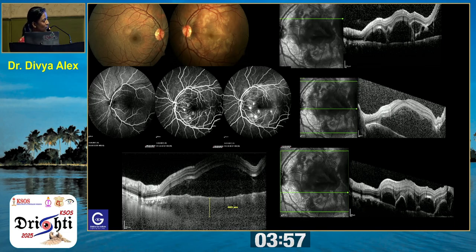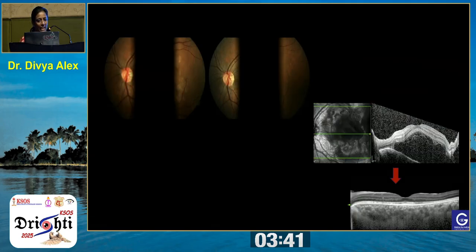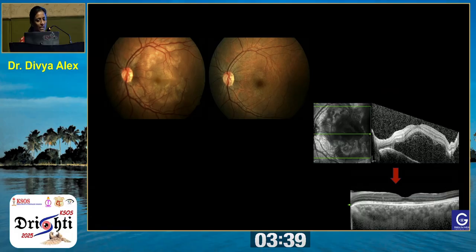Enhanced depth imaging shows a huge choroidal thickness, multiple subretinal loculated fluids, and unfortunately we don't have an ICG of this patient, but fundus fluorescein angiography shows pooling and multiple pinpoint leaks. This is the fellow eye, which appears to be completely normal. And after immunosuppression therapy, even this patient responded very well, back to 6/6 vision.